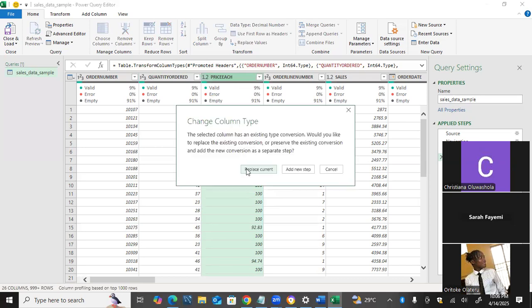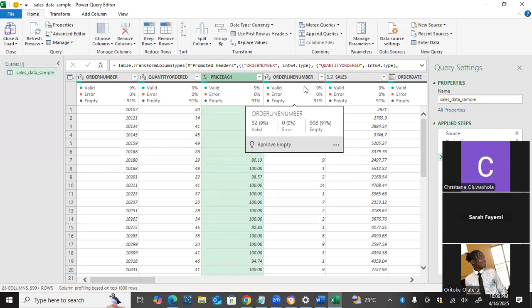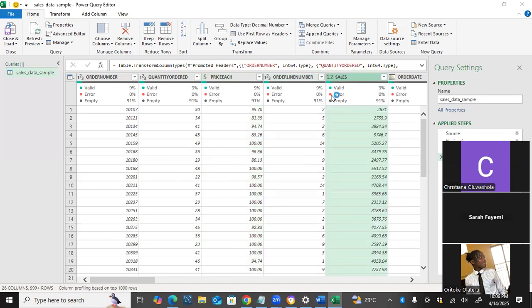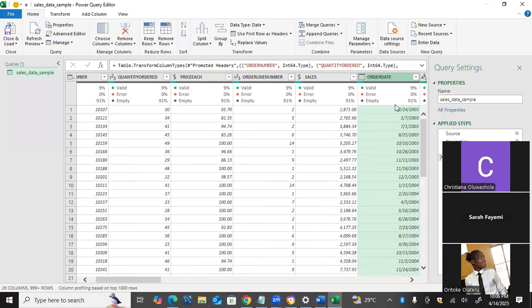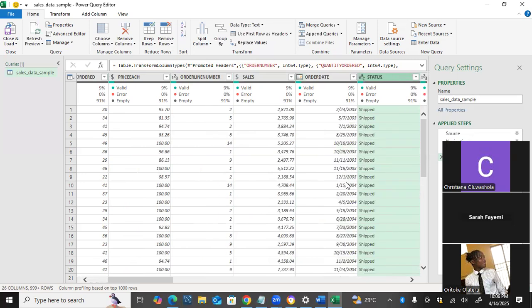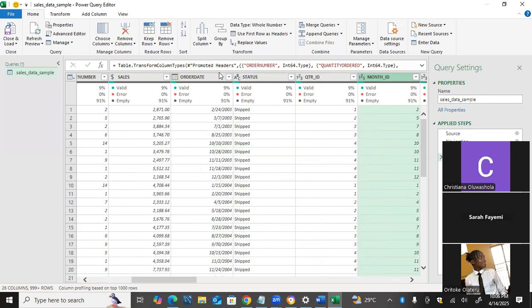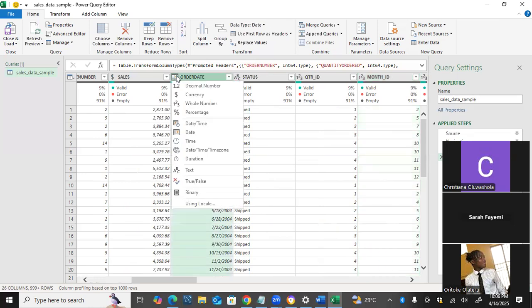So it should be in currency, and my order line has to be number. So this is number, and this also I will change to currency because it is sales, and my sales is ordered in currency. Yeah, so I have my 1,000 separated. So yeah, that's correct. Then for this order dates, we have dates, but on the original data